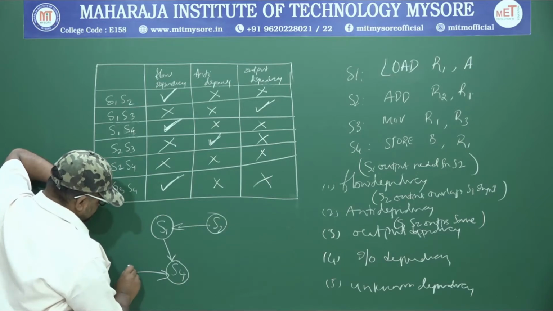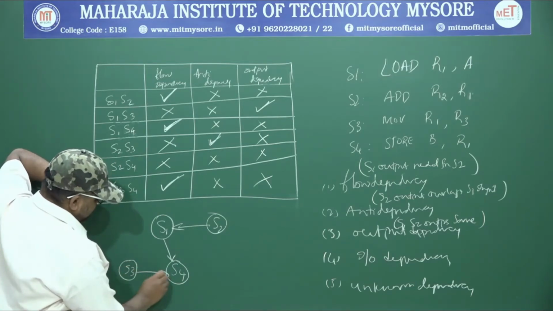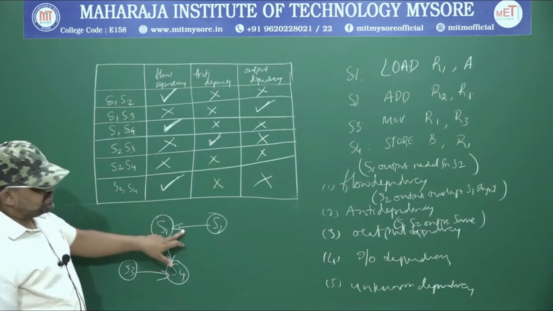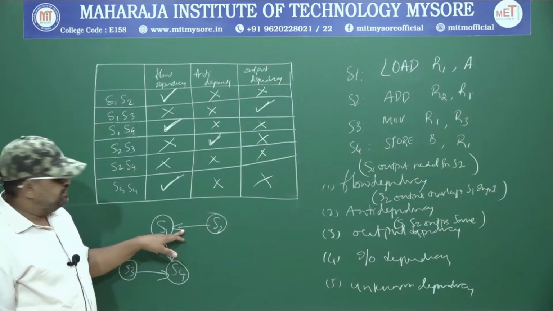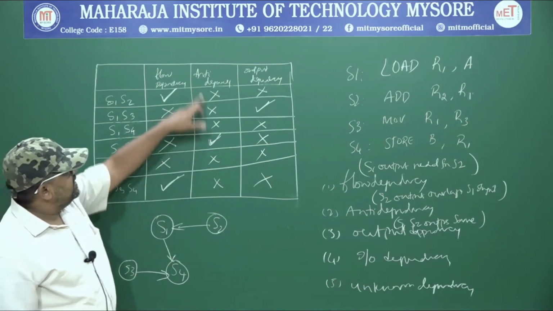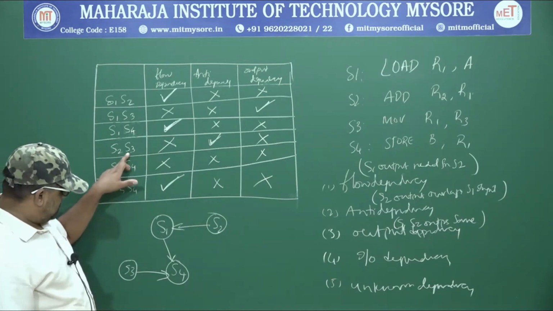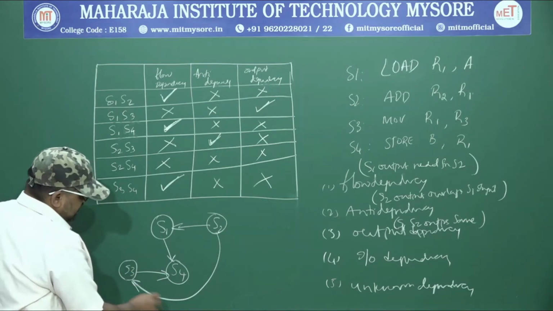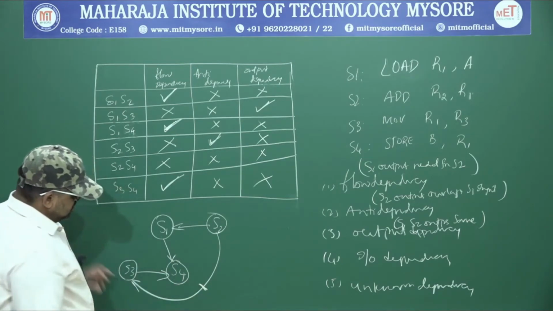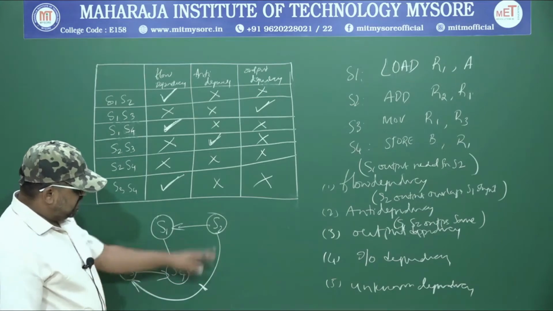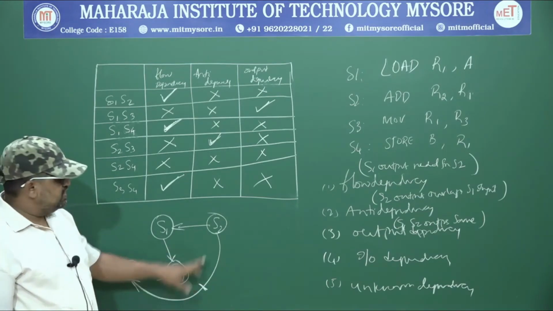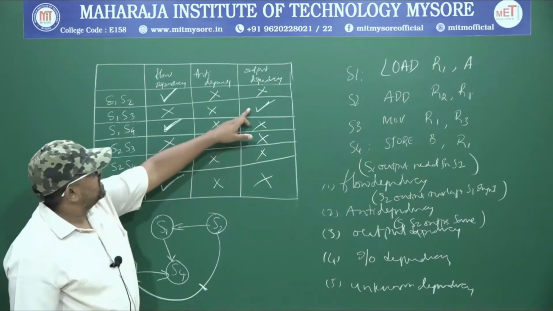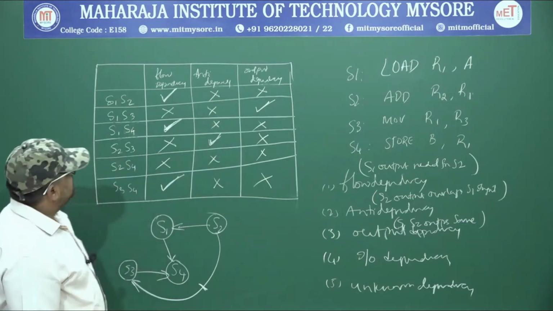So I am going to S3 and S4, right? Because the flow dependency is represented using an arrow. Now, anti-dependency between S2 and S3. Between S2 and S3 there is an anti-dependency, and I am going to represent it with an arrow with a dash here. So S2 S3 is anti-dependency, right? Any other thing? Now again, between S1 and S3 there is an output dependency.